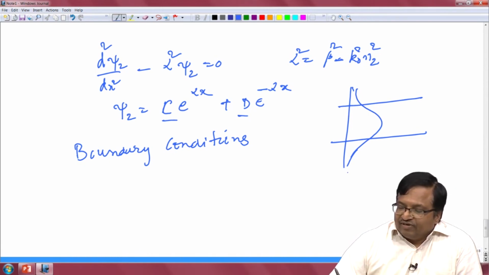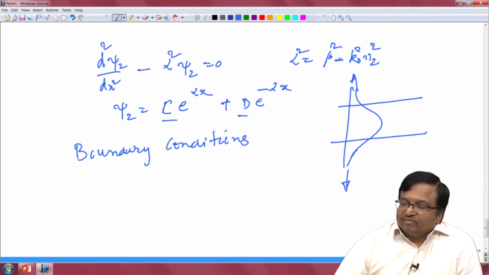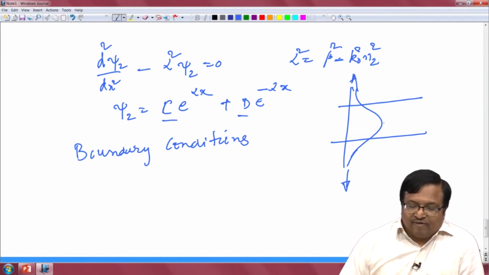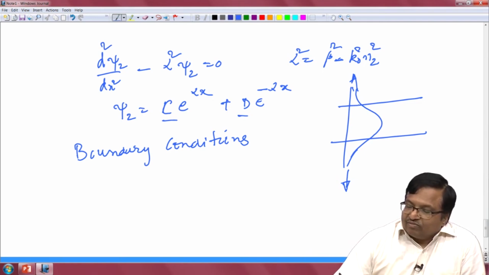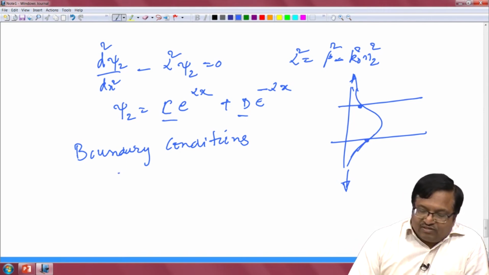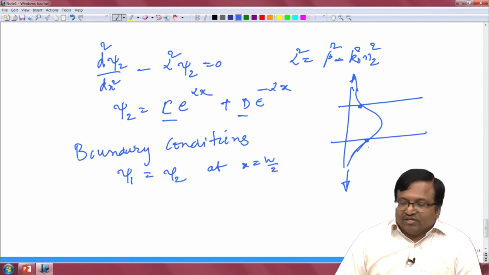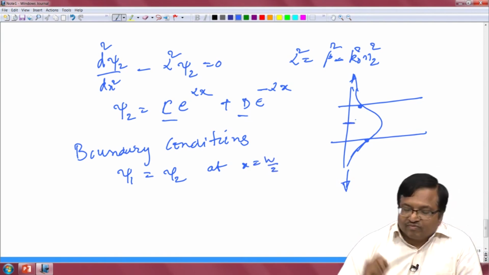say that the fields are required to go to 0 at infinity and have an oscillating form given by the trigonometric functions in this region. And also the boundary conditions imply that the fields should be continuous at the boundaries. So, let us force that the field psi 1 equal to psi 2 at x equals w by 2 and on the other point and the other side also. Similarly,